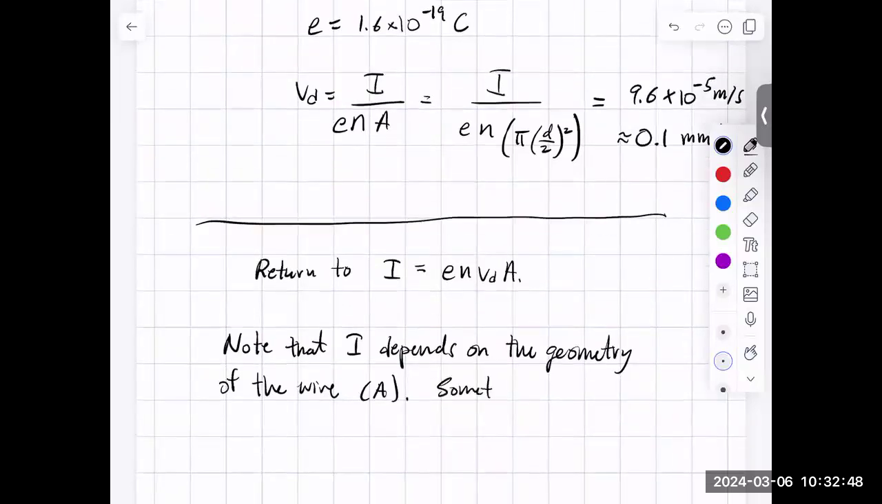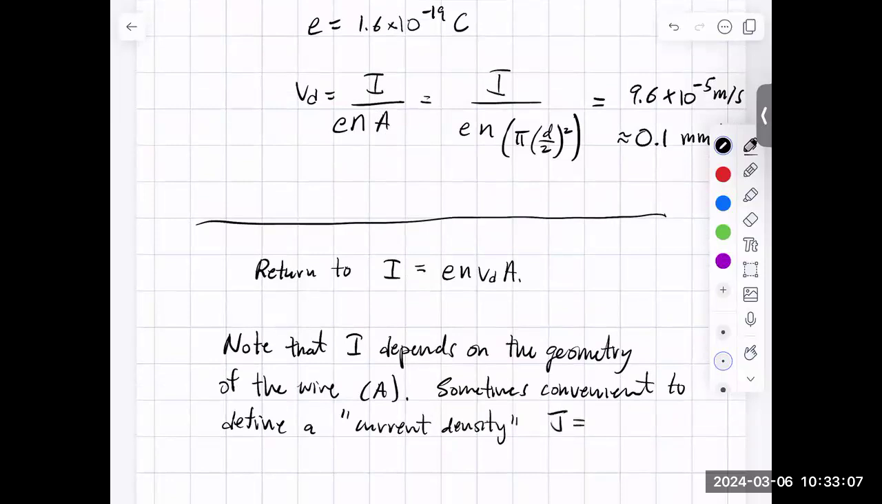So sometimes it is convenient to define a current density. The current density, we're going to give a symbol J, and all it's defined to be is the current I divided by that cross-sectional area, and so then that's just equal to N times the drift velocity times the charge of the electrons. Okay,